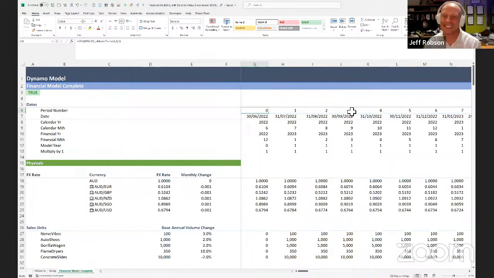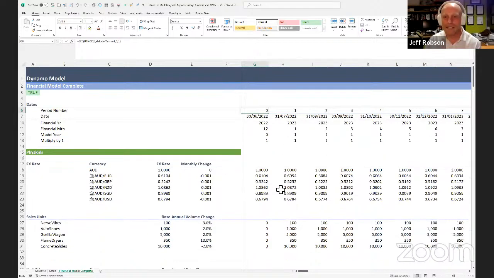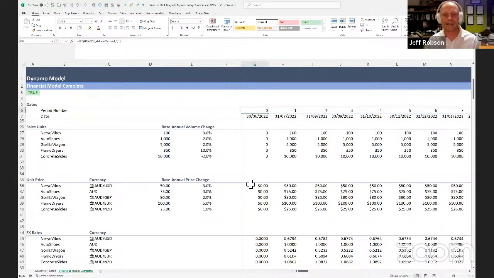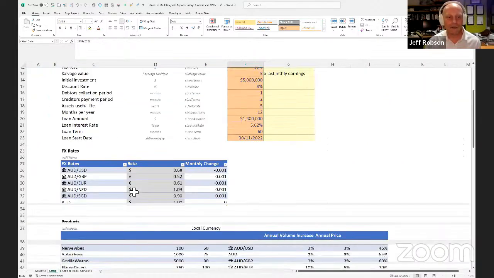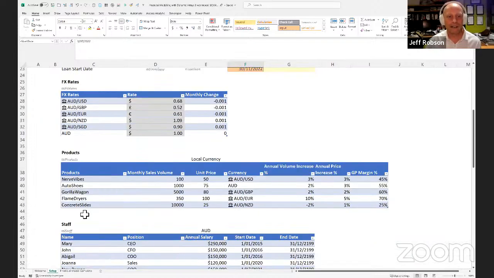Yeah, absolutely. If you want to have a look at this model in more detail, we did a whole session on this previously, so I'm not going to go through all of that again, but I wanted to highlight some of the other cool things in here. Because this is all based on tables, I can come back over here to my products table and add in Financial Modeling for Dummies, second edition or third edition.